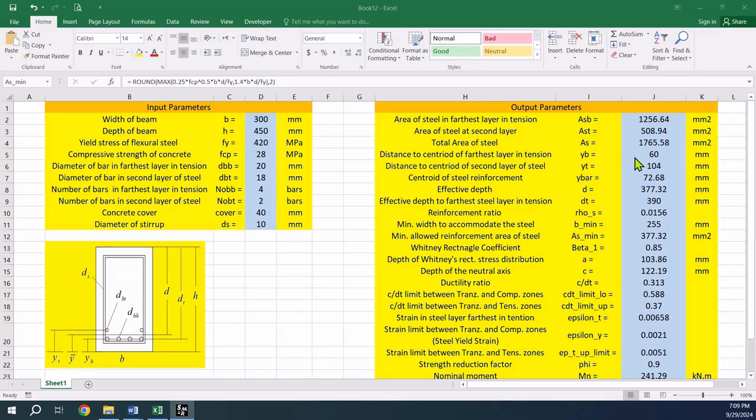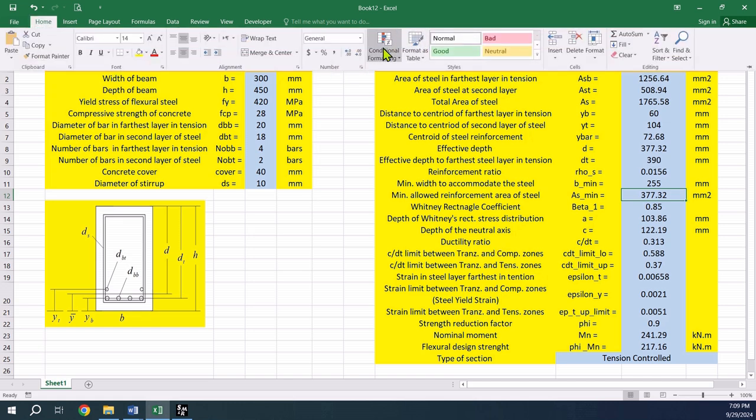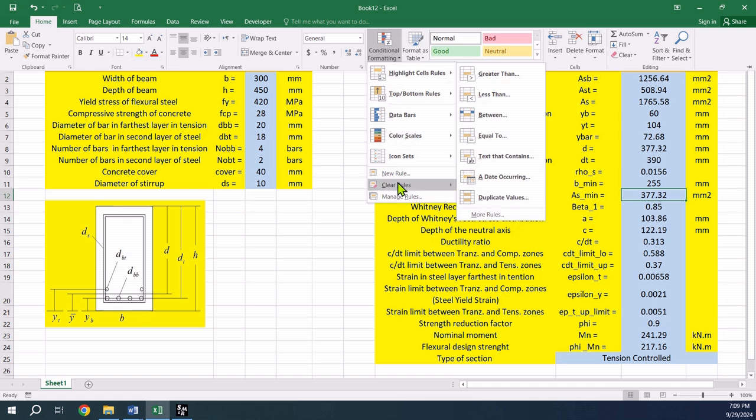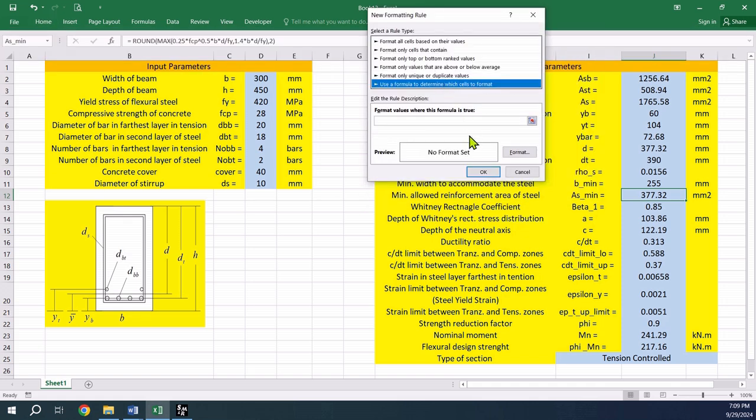Next, we will do the same thing with AS minimum. This is the minimum area of steel reinforcement allowed by the ACI code. I'm going to collapse the ribbon here in order to be able to see all the cells. And I'm going to go here and tell it we're going to have a new rule. Use a formula to determine which cells to format. And here I'm going to specify my condition. I'm going to tell the Excel template if this cell here, which is J12, which represents AS minimum,